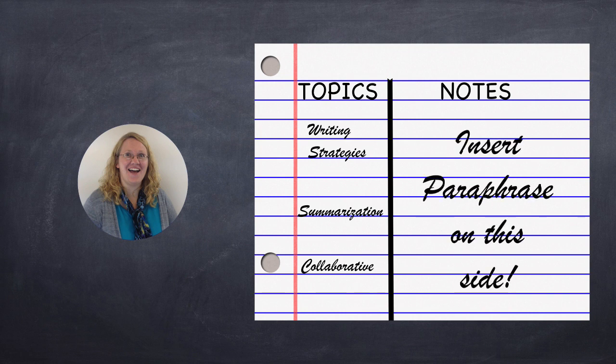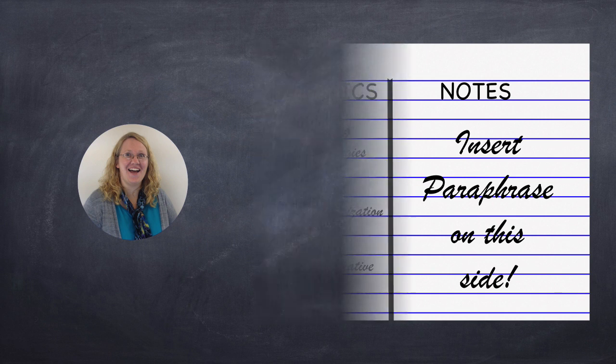If I am reading it, closing my book, and then paraphrasing, that is going to prevent students from plagiarizing, from directly copying from the text, and it's also just going to strengthen their silent reading skills. So take it from doing it orally to then doing it written, and that's just going to help them. That's a strategy that they can use throughout the rest of their life.